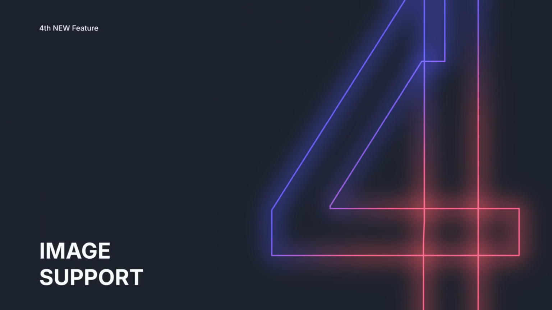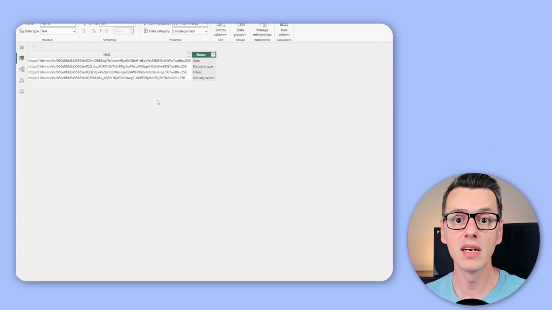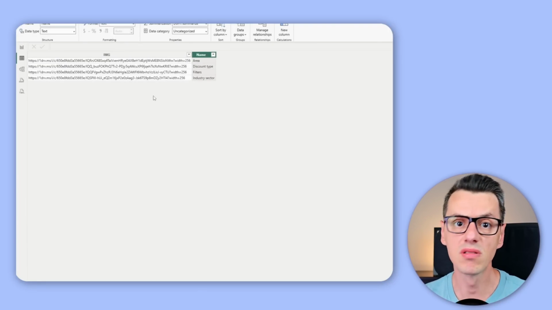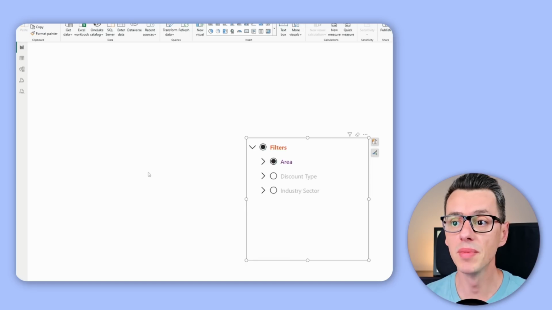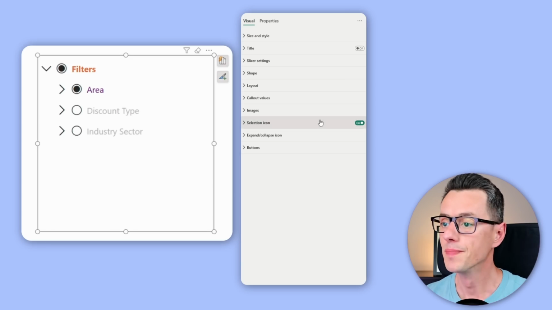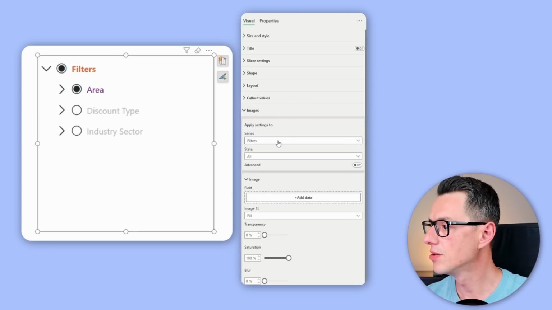Now there's another thing that Microsoft decided to give us. For the list slicer, now we can add and use images. What do I mean by that? Well, now you can add images to your list slicer, just like you do with buttons. So over here I have a table with a couple of icons, something that you might think about doing. So you need to select the slicer, go to images,